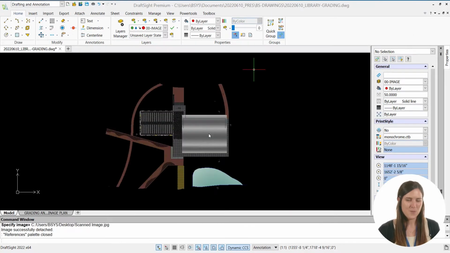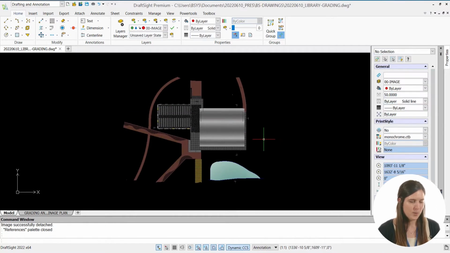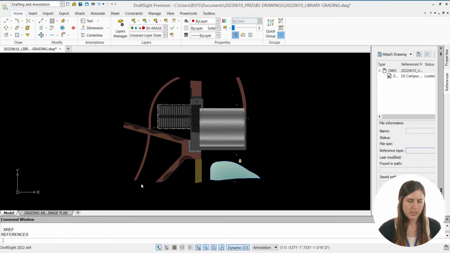All right, moving along next to grading and drainage plans. First things first, we need some topography lines. No one is going to know what the land looks like or where water is going to be flowing on the land unless we have the topography lines. You can XREF the existing contours into your plan if you have those,